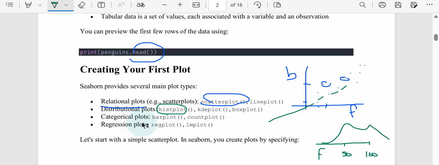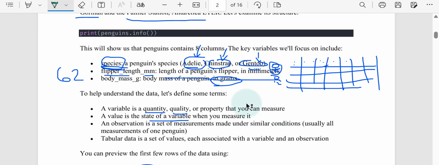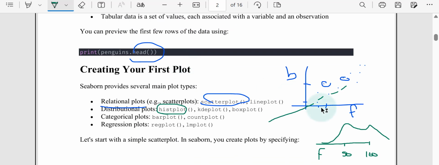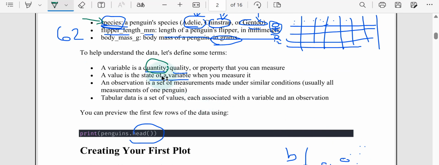So that means that here, flipper length is a quantity. It's not a quality. But we did have a variable that was a quality or a property, and that was this one. And it only has these 3 different values. Flipper length can take all kinds of values. It can be down here, it can be between here and here, it can be anywhere. So it has many, many different values, but that's not true about this variable here. Species can